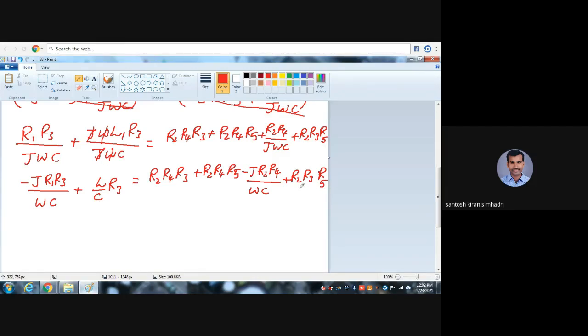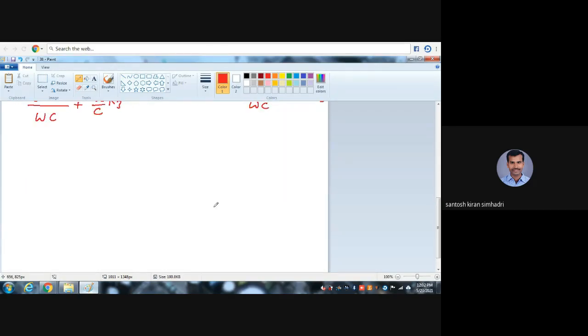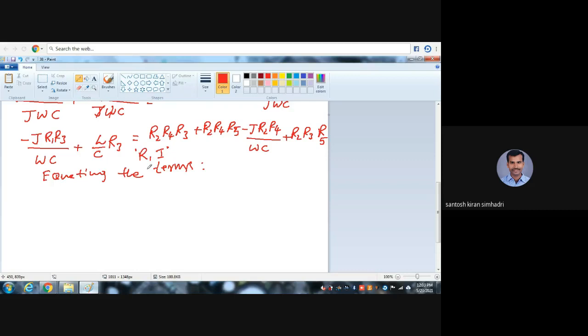Now what happened? Quickly you can tell me. So first, now we will equate the terms. Yes, concentrate. Equating the real terms. Okay, I will clear this one. If the handwriting is good, then you will have some concentration. Equating the terms: one is the real part, the other one is the imaginary part. Then what happens with the real part? I think the complete expression is in the form of the real part.